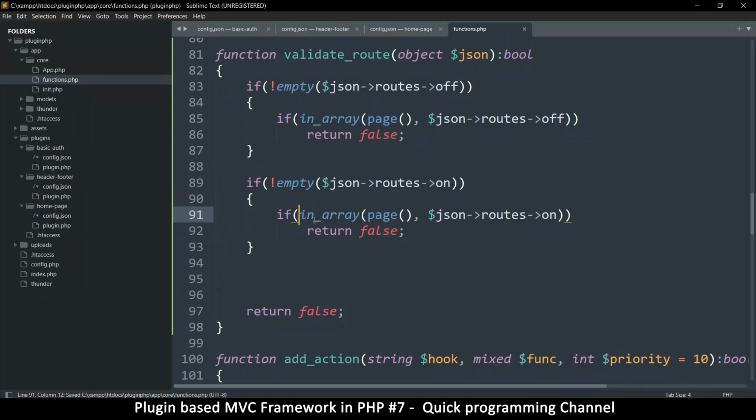But in this case, we have to return a true somehow. Because if it's not in the off section, then we take a breather. But is it part of the on section? That's the question. So here we return true. If it's in the array of on, we return true. Okay. Then also, finally, if there is the or,